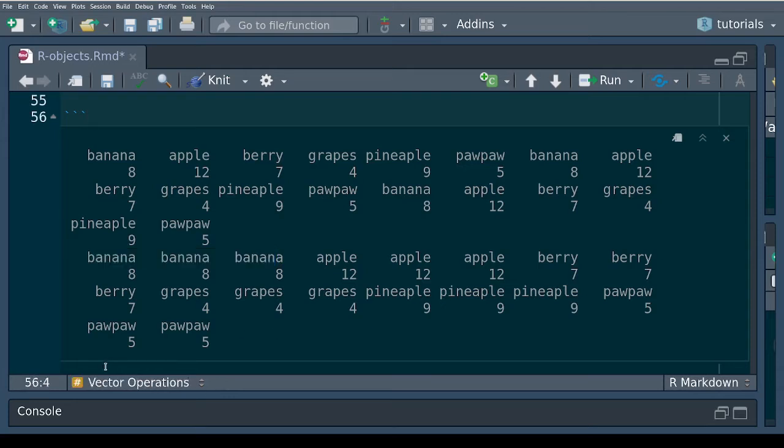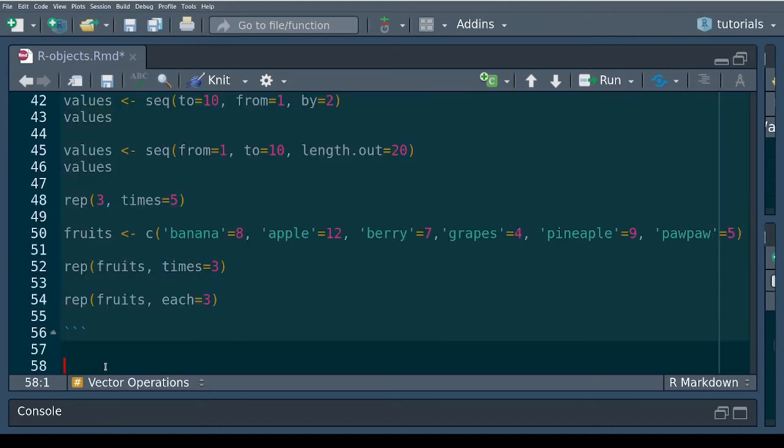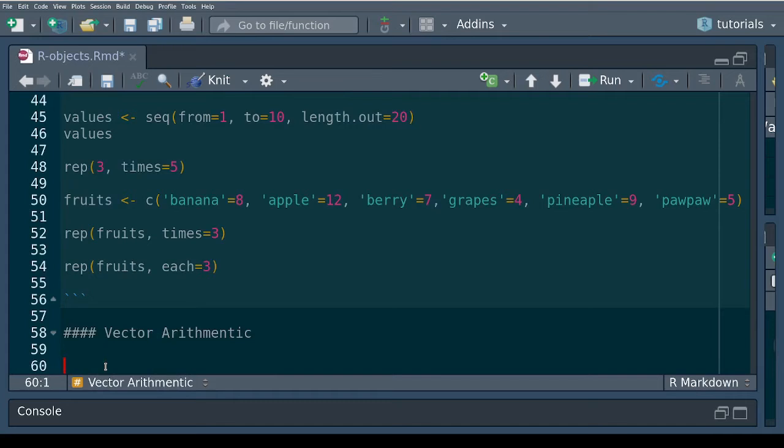Next, we can look at arithmetic using vectors. So call this one vector arithmetic. When we talk of arithmetic operations, what comes to mind should automatically be mathematical operations. And these include doing a sum of the vectors,